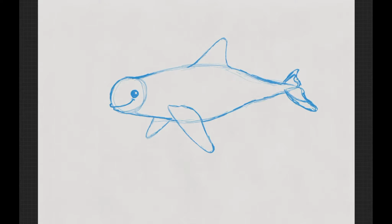Now, Vaquitas do have some markings on them, and this is a little bit tricky. There's not a lot of photographs of Vaquitas for reference, but the ones I see, there's some variation, but most of them have sort of a dark pattern that comes off their nose, kind of curves around into this smiley face right there, and then maybe another little one here. And then I also noticed that a lot of them have a line that comes down like this, kind of like that, and a little bit of thickness at the end there. Okay, these are our basic